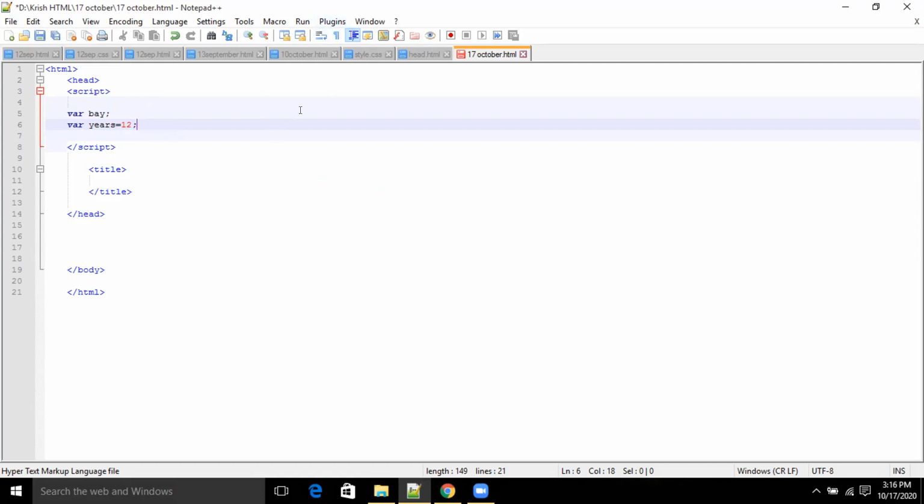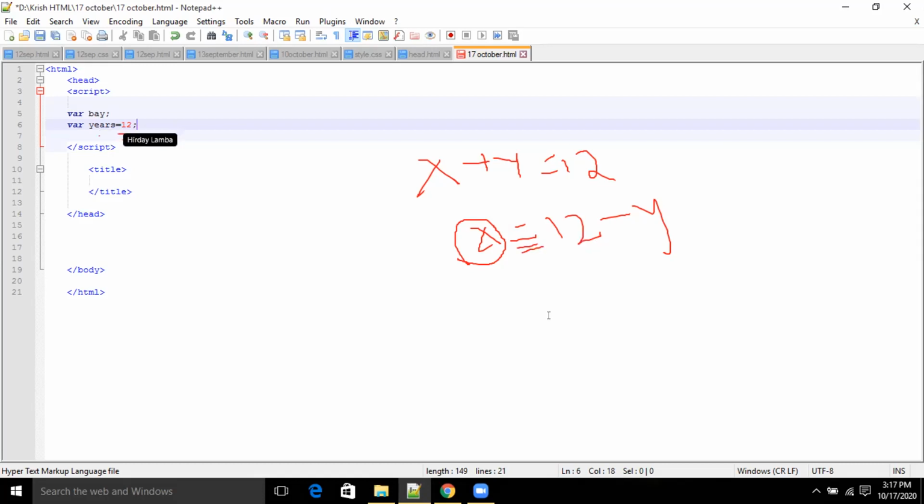If you are doing math, you have x plus y equal to 12. So consider then x equal to 12 minus y. Now consider x to be a variable. Over here, this assignment that we have done with equal to is similar. We have just assigned it.